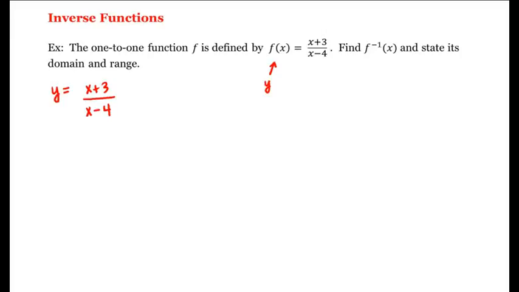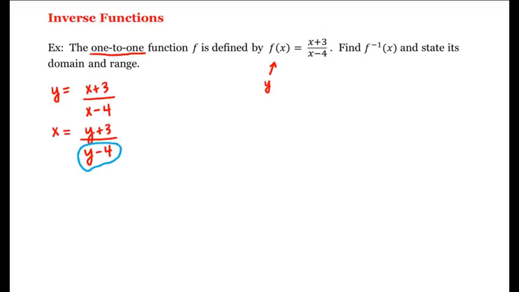And then we interchange the roles of x and y. In other words, wherever we see a y, we put an x, and wherever we see an x, we put a y, which gives us x is equal to (y + 3) divided by (y - 4). And now we want to manipulate this equation in order to solve for y. When we do that, y will be equal to f inverse of x. And we know we're going to be able to do that because we're given that f is one-to-one and therefore the inverse will exist. So let's begin by multiplying both sides of the equation by this denominator here, the y - 4,